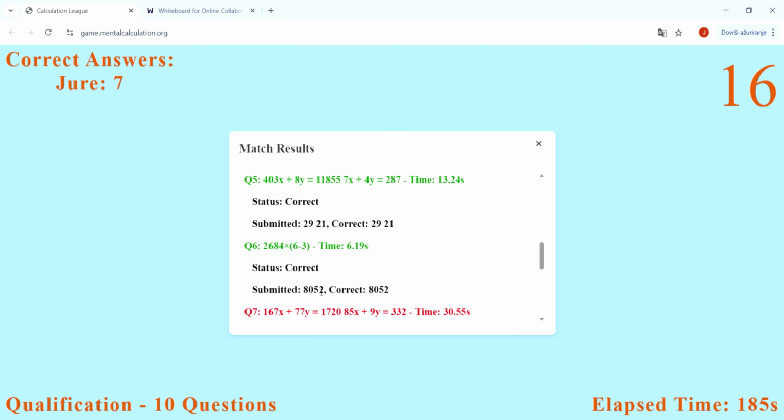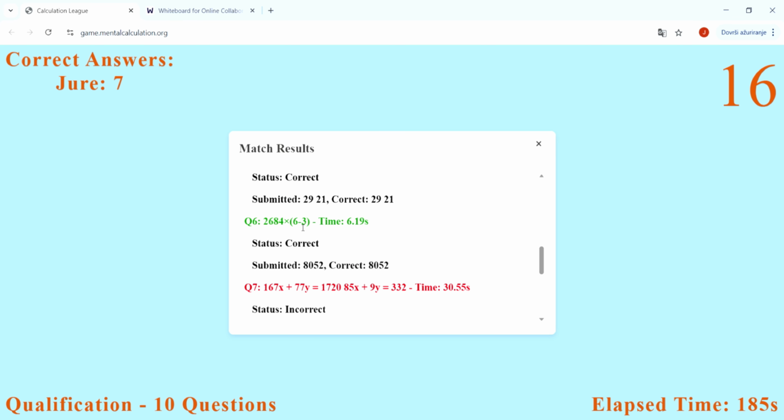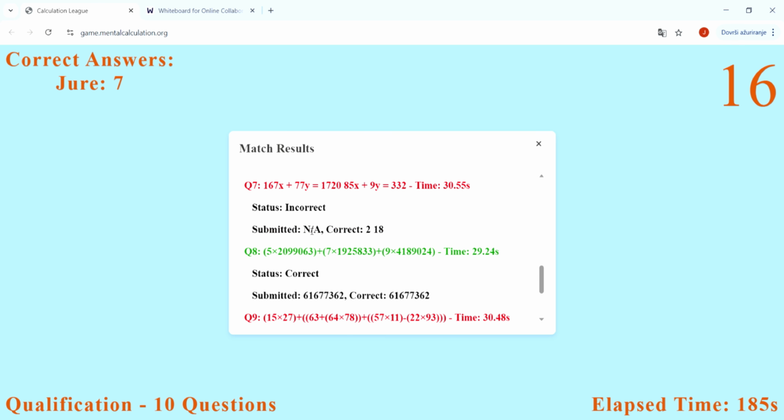Then sixth one is just, so I won't even draw this one, it's just 3 times 2684. I think most people can do that in just school method. I mean, you can do cross multiplication if you need to, but it's pretty easy. So this one, I don't know how I didn't solve this one. I should have solved it, but when I did,